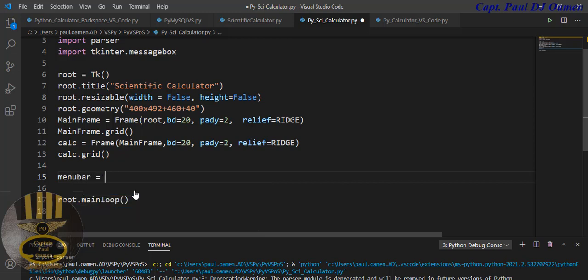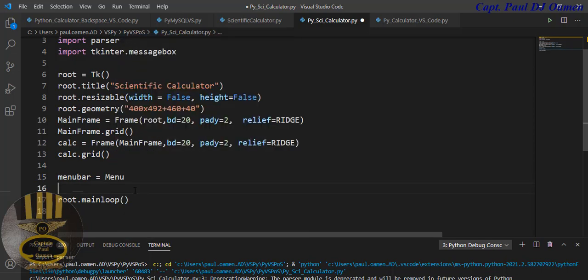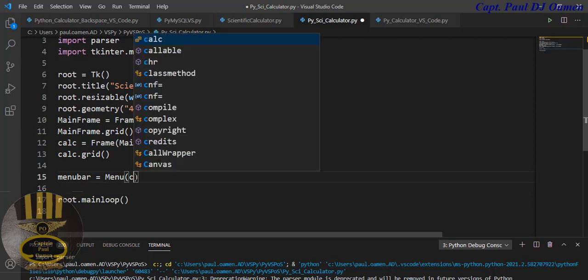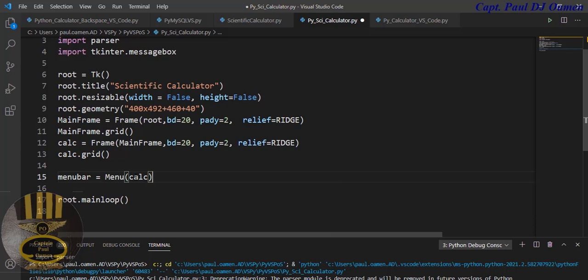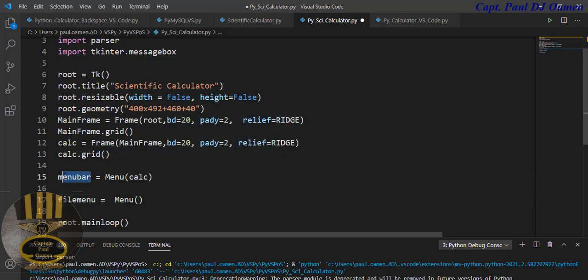Menu bar equals menu. And the menu is going to be a child of the calc itself. Then I'm going to enter menu, file menu, that is equals to menu, and it's going to be a child of menu bar. This very one here, paste that in there,